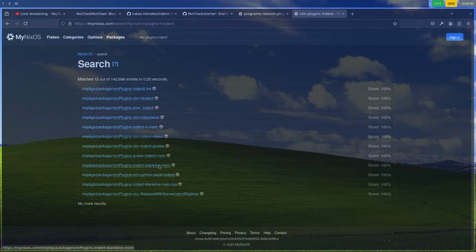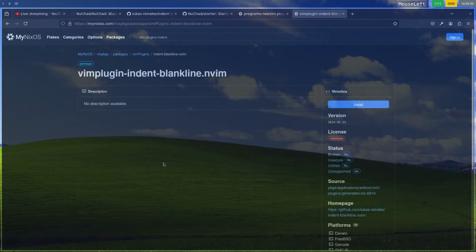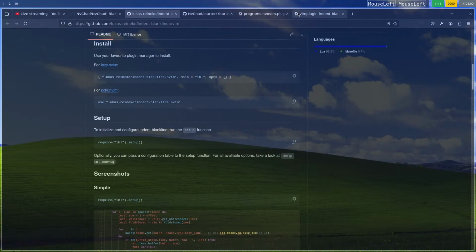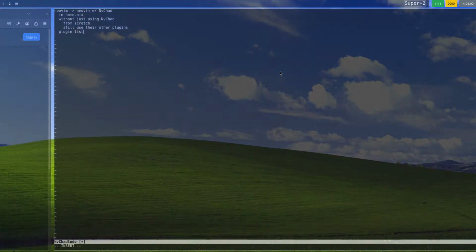Indent blank line Nvim. Okay, cool. So from indent blank line to Nvim, which is indeed here. Okay, so we're going to